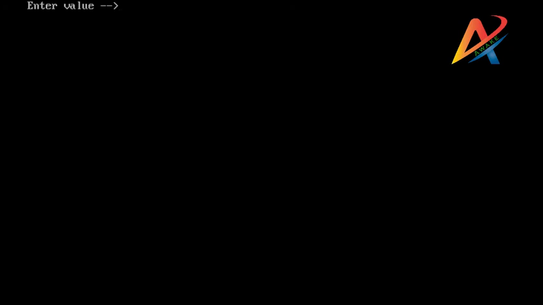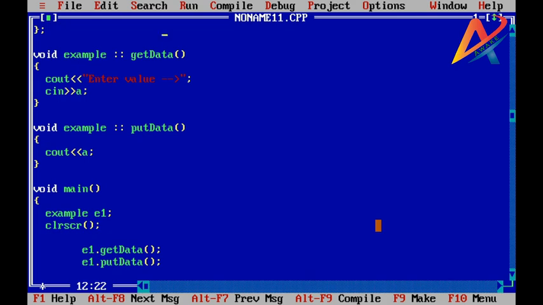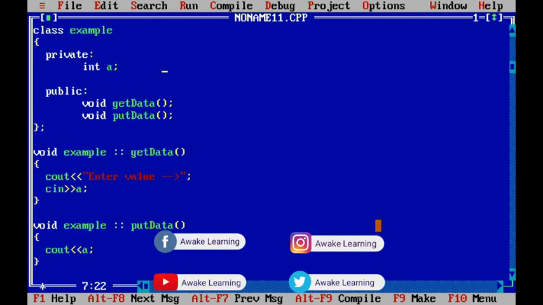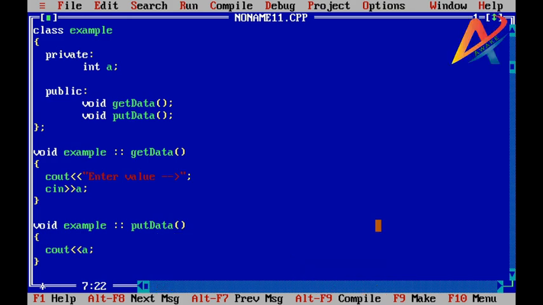Suppose we are giving 45 and here the output is 45. Using the getdata function, we have stored the value of a, and using the putdata function, we have printed the value of a. Once again, a is a private member of the class example, and getdata and putdata, both functions are publicly declared.